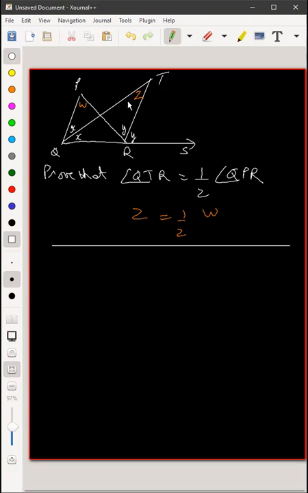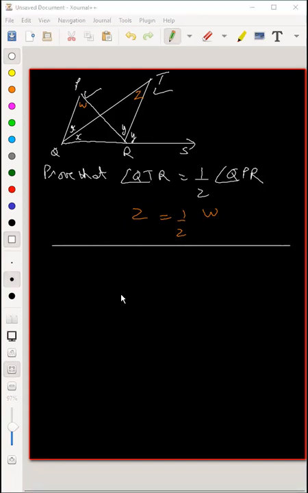So we need to find relationships between both of them. How will we relate this angle and this angle? And why are we given that these are angle bisectors? We can write Z equals W by 2 and then Z equals, sir, it is half into W, right? No. So let's understand this.